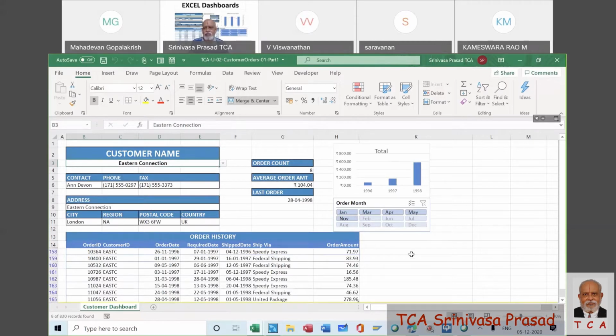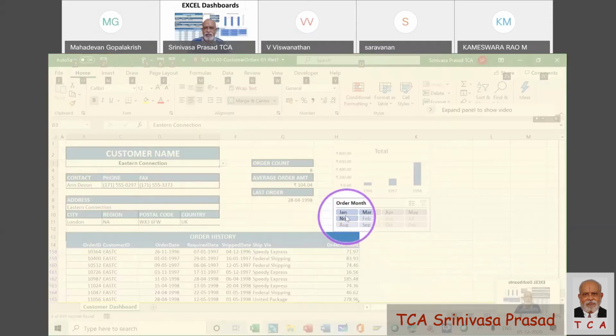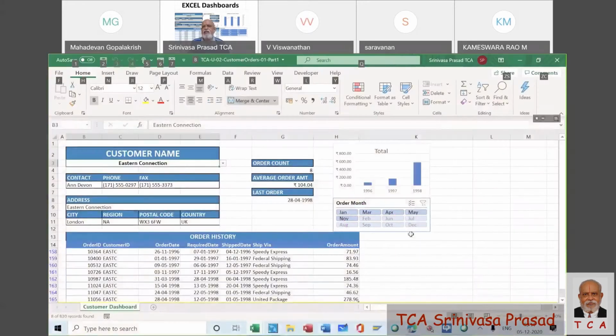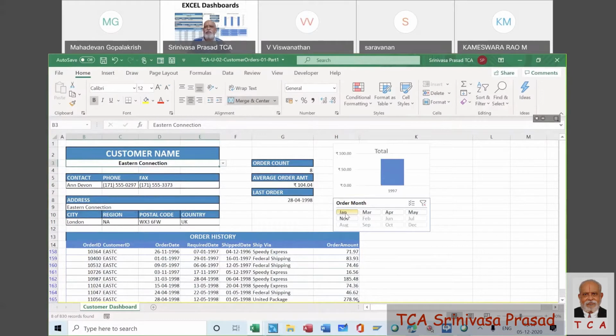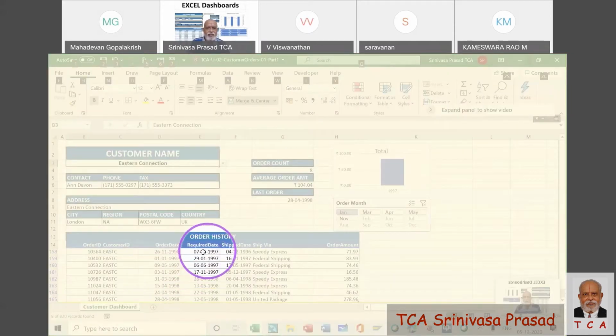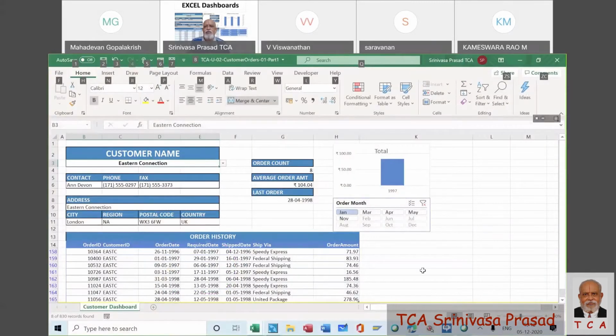Now, one more thing, we'll have a look at it. Eastern Connection has what months here? January, March, April, May, November. Other than that, he doesn't have anything. 1, 2, 3, 4, 5. Now, I select the month of January only for Eastern Connection. So it has given me 97 January only they have. We are able to see here very clearly that Eastern Connection has got only January 97 and June 97. Okay. So what is happening now?